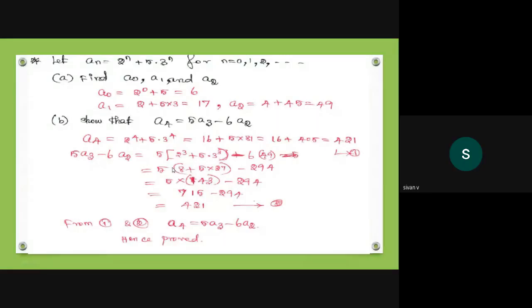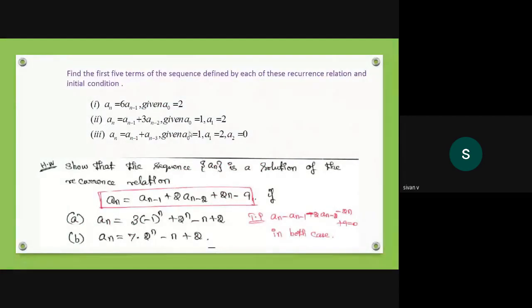No, sir. Thank you. Next, take some problems as homework. Find the first 5 terms of the sequence if the recurrence relation is given with the initial condition an equal to 6 an minus 1. Just find the first 5 terms a1, a2, a3, a4, a5 using the given condition. First and second, you practice at home. One more problem also, take it as homework: an equals an minus 1 plus 5 of an minus 2 plus 2n minus 9. Using this relation, you can check it separately, do the right hand side and left hand side and verify it.